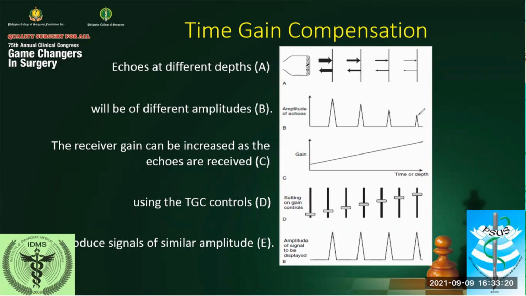You increase the intensity of the weaker signals so much so that they will all be at the same level. Now, how do you know when you need to increase it? Why do we need to get the same levels? You only do this if what you are scanning is a homogeneous organ and you expect the intensities of the tissues to be the same. So this will allow you to produce a smoother image.